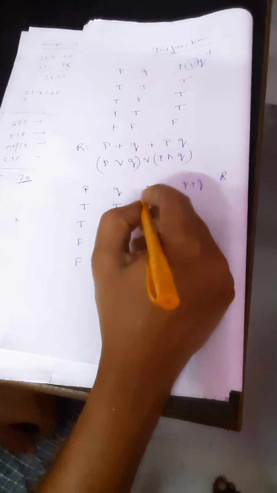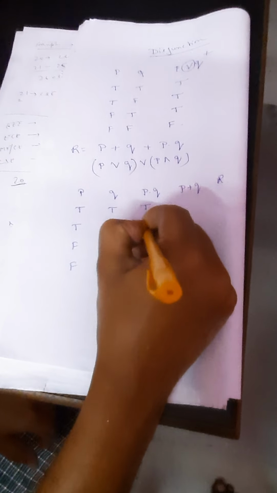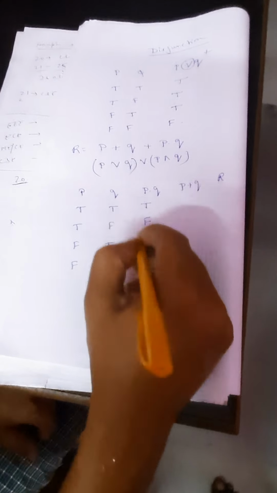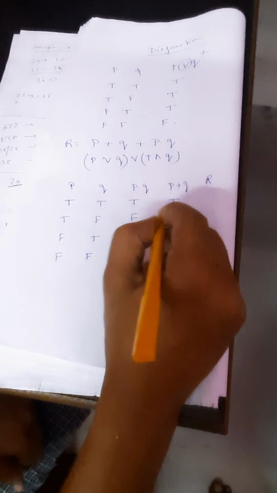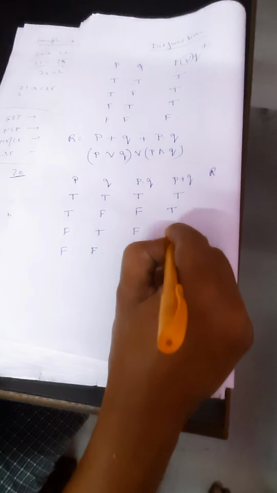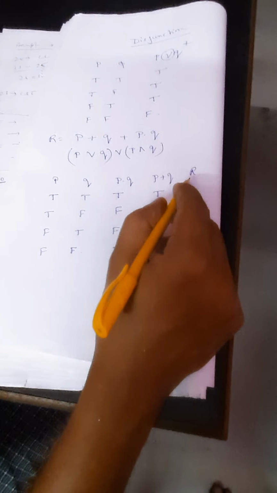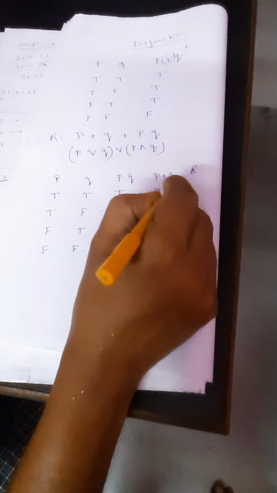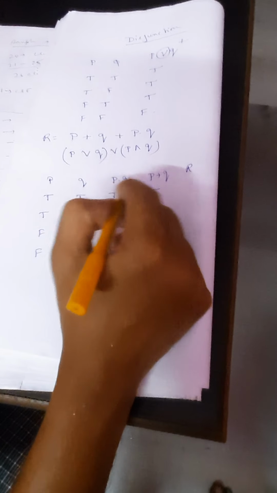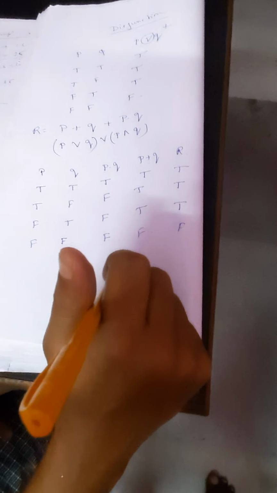Okay. So we are doing what? P dot Q. Now we are going for P plus Q. Now we have the result. The result is P plus Q plus P dot Q, meaning both addition. So T plus T is T. T plus F is T. F plus T is T. F plus F is F. So this is the required result. In the next class we will do some more simplification regarding this.